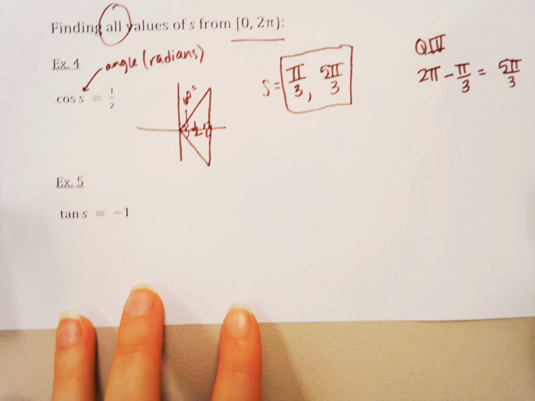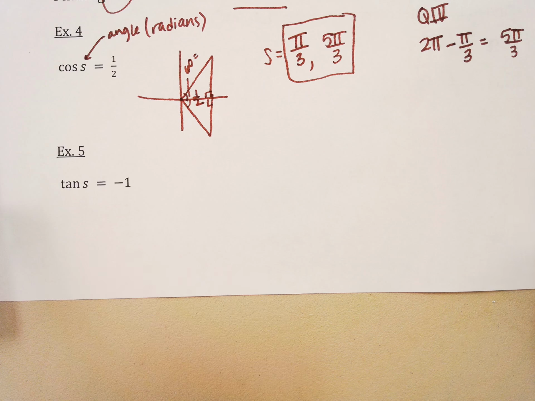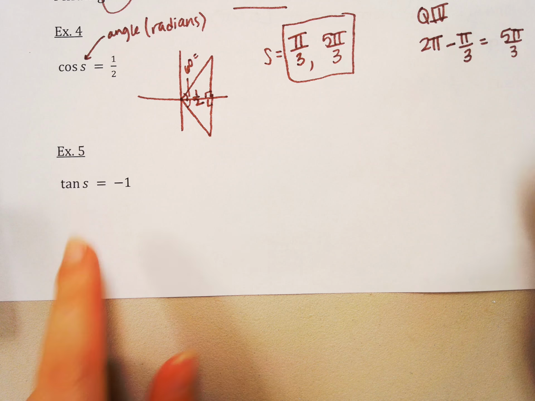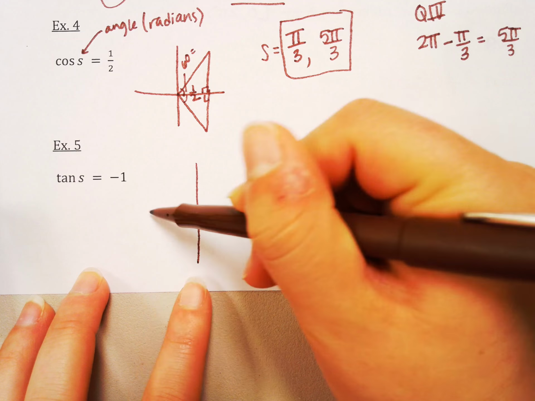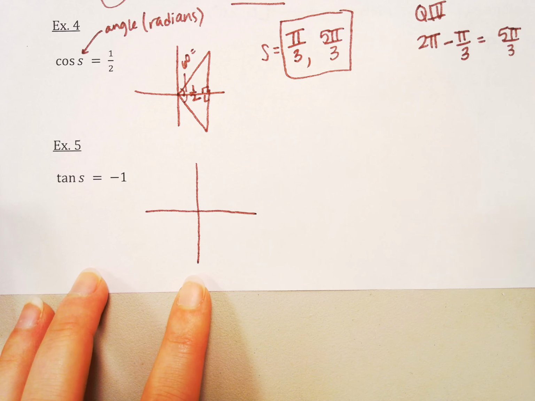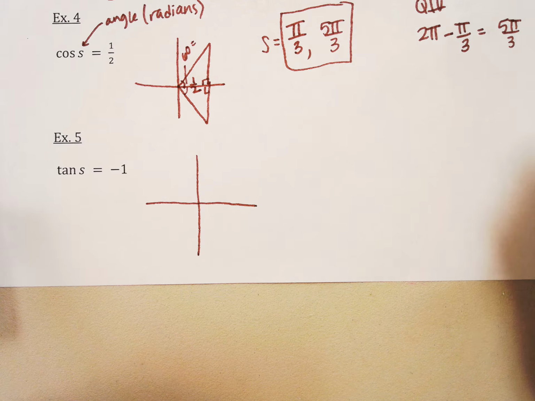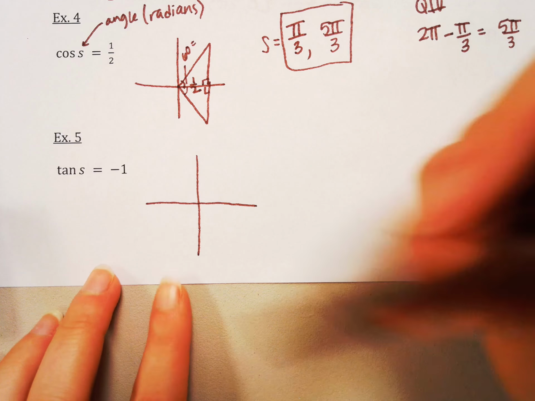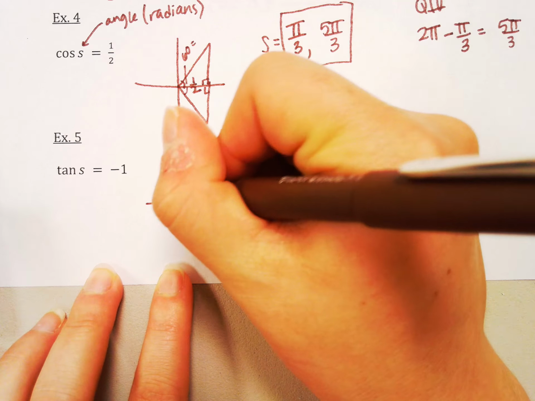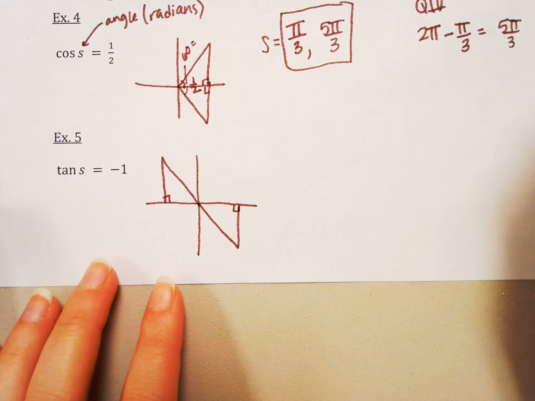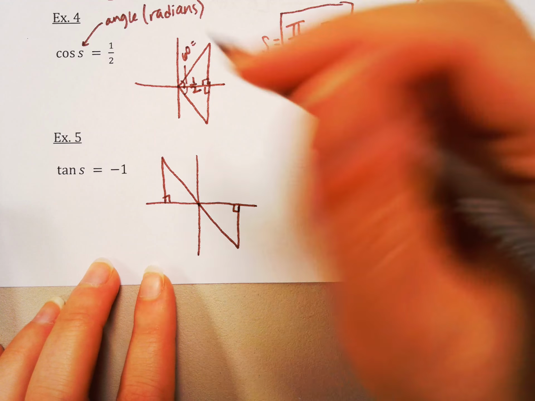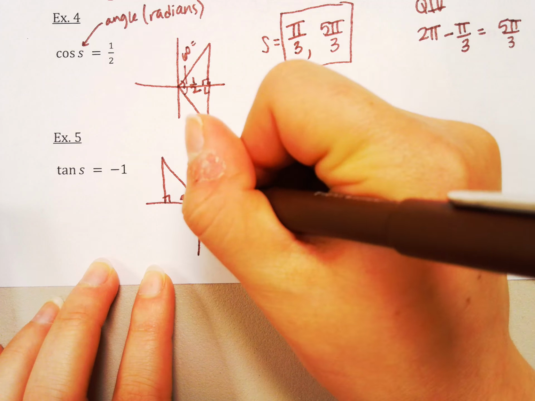Okay, same kind of idea for example 5. You might actually want to pause right now and try this one. See if you can get the angle measurements that would give this ratio of -1. So if you did, you should be thinking, okay, where is tangent negative? So 2 quadrants, it happens in quadrants 2, and it happens in quadrants 4. And then you're thinking, where's the ratio 1, or -1 in this case? That would give a 45-degree reference angle,